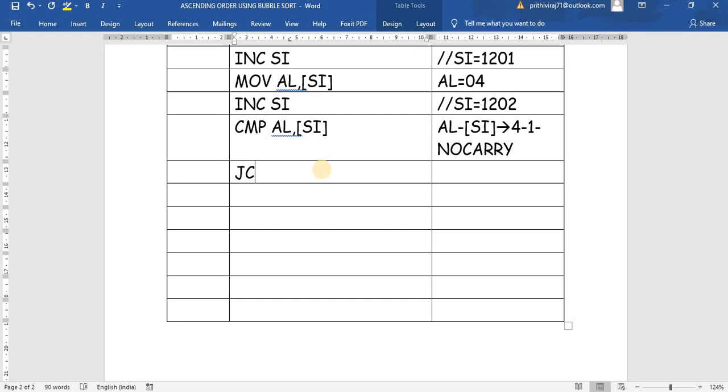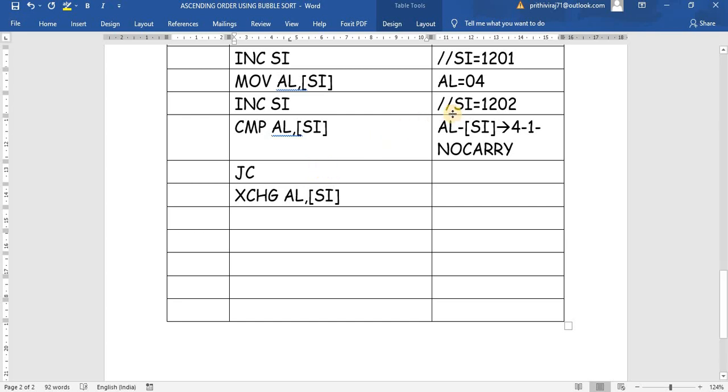But in this case no carry, so we will exchange the data. Directly we cannot swap the data from one location to another location, so we will swap it through the AL register. For this we will use an instruction called XCHG, exchange AL, [SI].